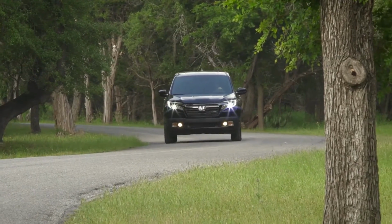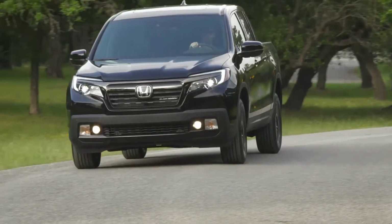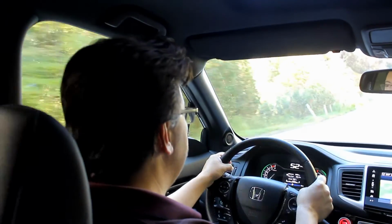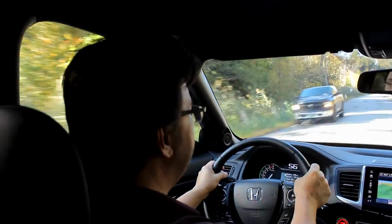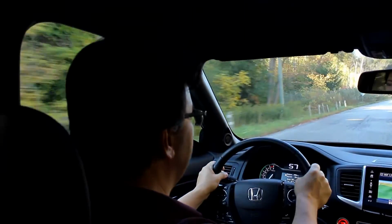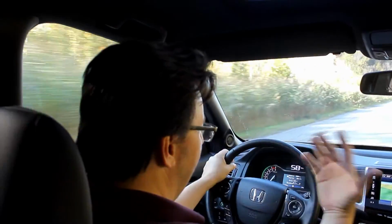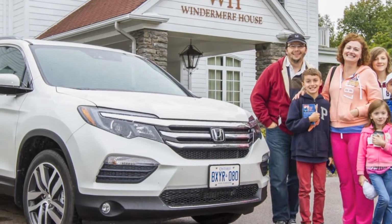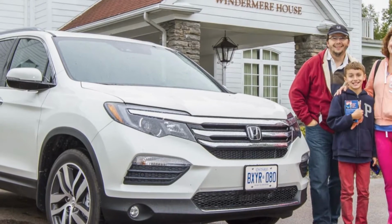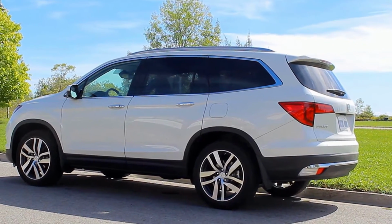So driving the 2017 Ridgeline, well, I guess one of the advantages of it being a unibody versus a body-on-frame design is it feels more car-like, if you could say. I mean, this is a stiffer ride. Don't get me wrong; they've adjusted some of the suspension to make it feel like a truck. But I've recently reviewed the Honda Pilot, and there's not too much different from my perspective of how to drive. Even the way the interior is designed, there's a lot of familiarity to that of its top-selling 7-seat mid-size crossover,